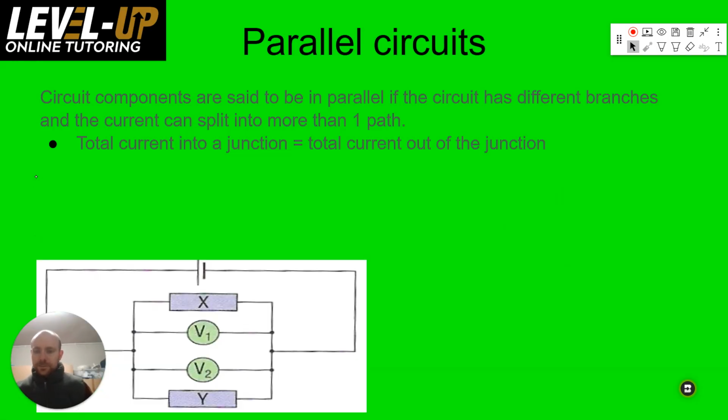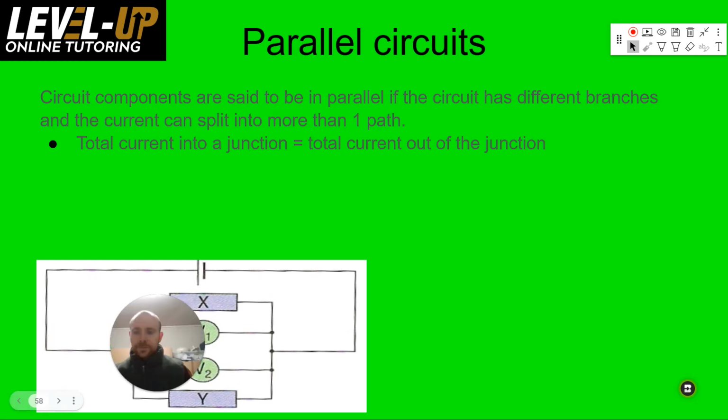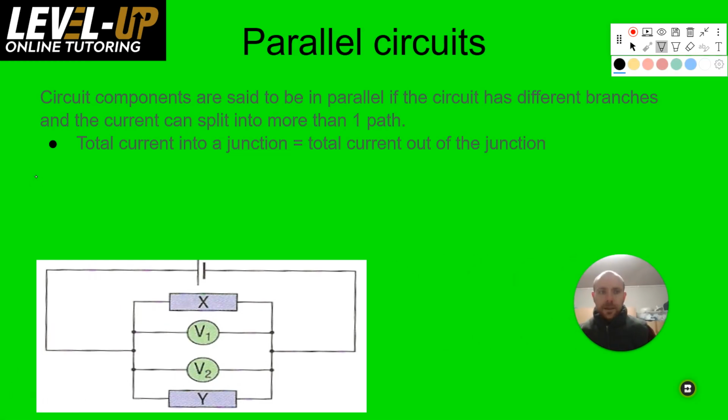So here's one example. When it comes to potential difference, we've got a voltage here. Let's say that's 9 volts. And so the voltage between these 2 points is still 9 volts. So the difference between this point and this point is still 9 volts. And the potential difference between this point and this point is 9 volts. These voltmeters are the things